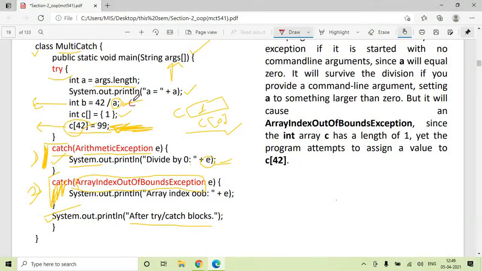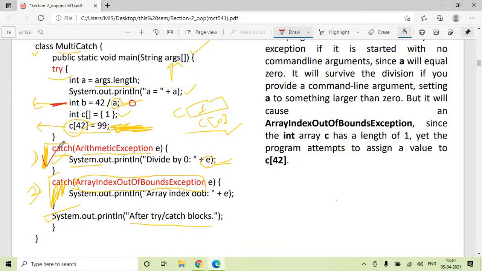If a is equal to 0, an exception is thrown from here. Exception is thrown from here means an object of type arithmetic exception is created here and thrown. It will check whether the catch block is written by the user to handle this type of exception.